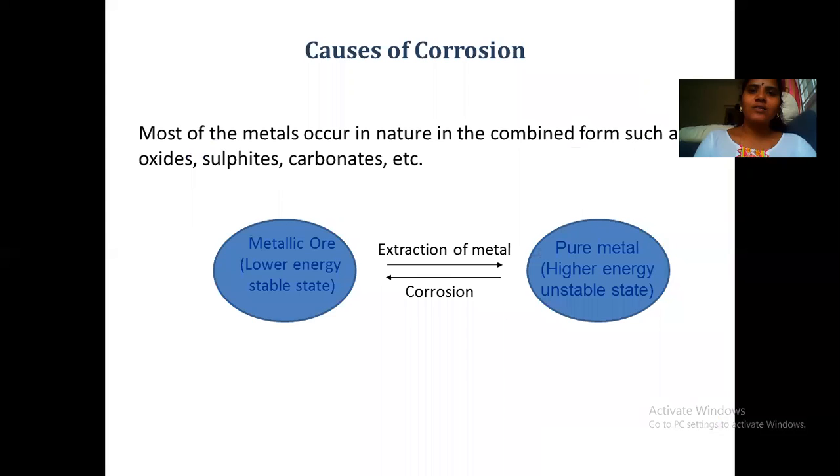The major cause of a metal's corrosion is the metal itself. Everybody knows that metals are not available in metallic form in nature. They are available in the form of their salts, which are ores, which are stable and have lower energy. They are extracted by applying some energy through a process called metallurgy, extracting a pure metal. The pure metal is unstable and high in energy.